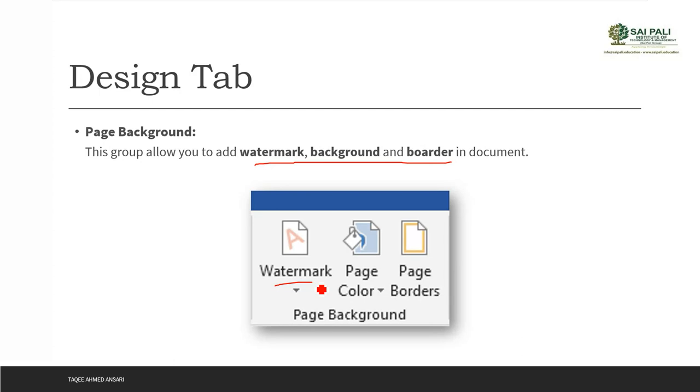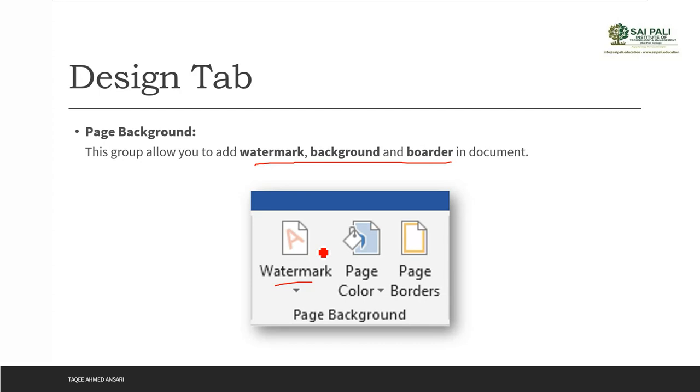Sometimes we want to add a watermark, like this document is confidential, it should not be copied, or urgent, ASAP, whatever you want to inform the reader, that this document belongs to some specific thing. So we can add this watermark in the page.